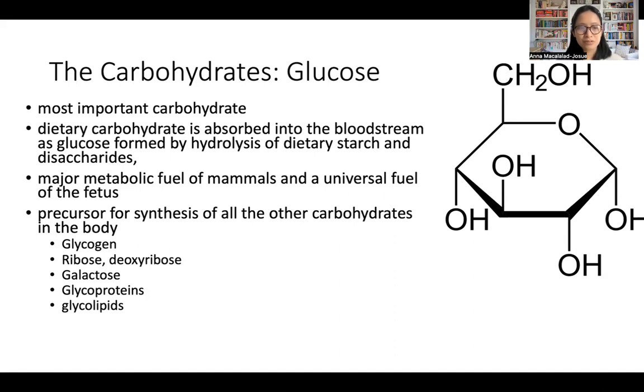So glucose is also the precursor for synthesis of all the other carbohydrates in the body, such as your glycogen, your ribose, and your deoxyribose, which is part of your nucleic acids, your RNA and your DNA. Your glucose is also a precursor of your galactose. And glucose is also the carbohydrate residue of your glycoproteins and your glycolipids. So glyco for glucose: glucose plus proteins equals glycoproteins. Glucose plus lipids equals